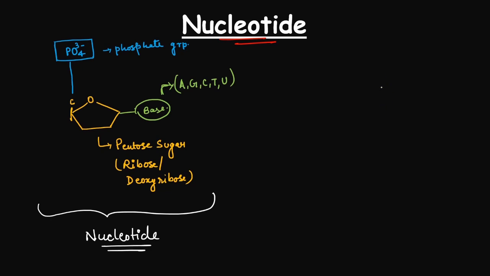So let's draw the molecular structure. So this is a nucleotide belonging to DNA. So I will draw a deoxyribose sugar. I mentioned that while learning about the nucleotide components, at least you should know the carbon numbering in case of pentose sugar, and here you will see the importance of that carbon numbering. So this is the first carbon, this is the second one, third one, fourth one and fifth one.